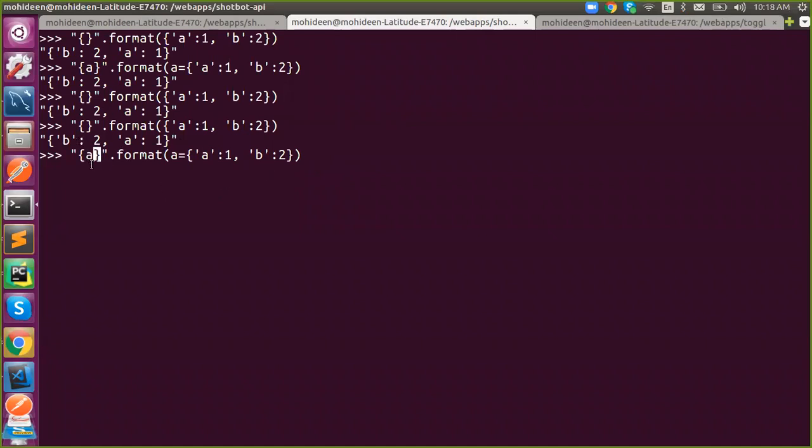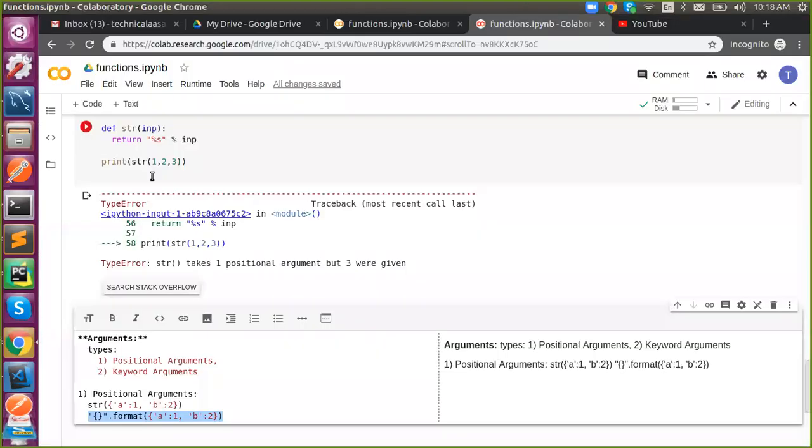So where is my pointer? It is on A, right? So A is a key. A is a key, and you have to pass the complete object into a variable called A. Then only it is a keyword argument. Okay, now I change my screen. Is it visible? Now I'm on Google Colaboratory.